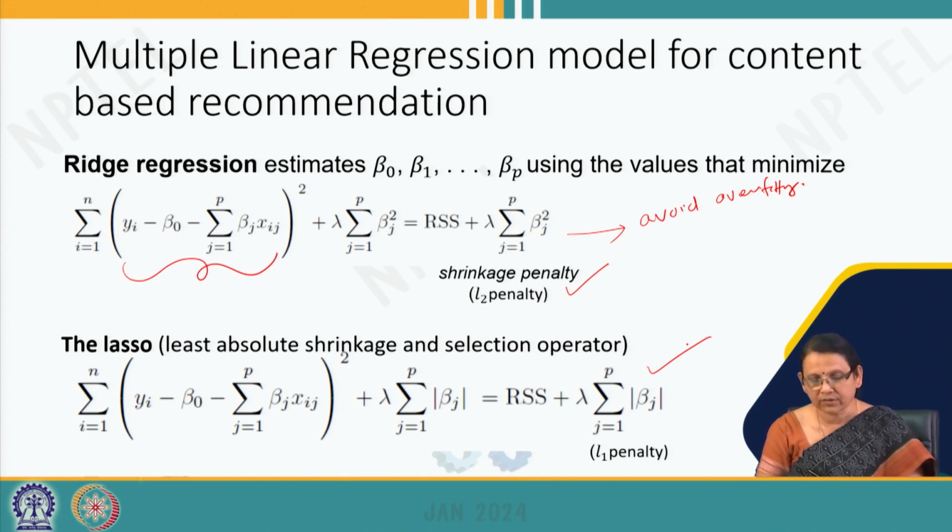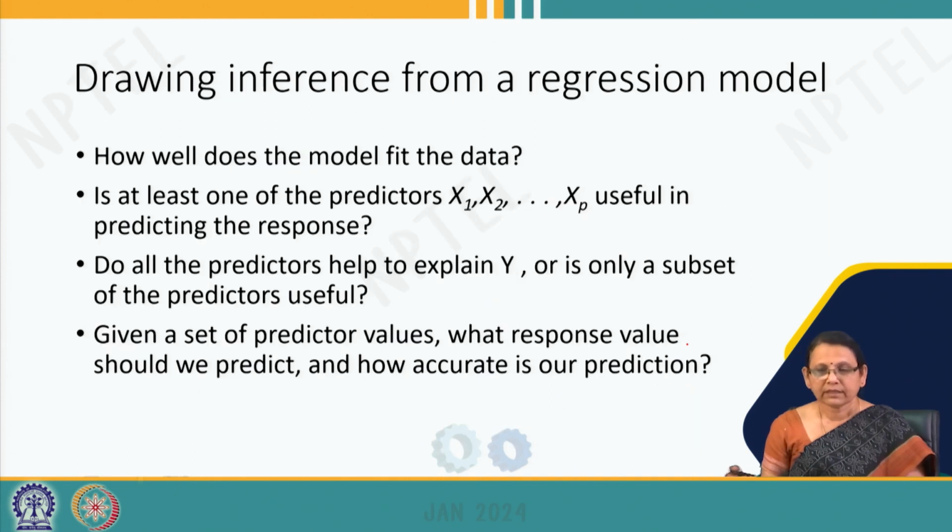It not only helps avoid overfitting, it also enforces some of the betas, if they are not very relevant, to be exactly 0. So, by this process you will be able to understand in a much better manner which variables are actually irrelevant in your system. Now, moving ahead,